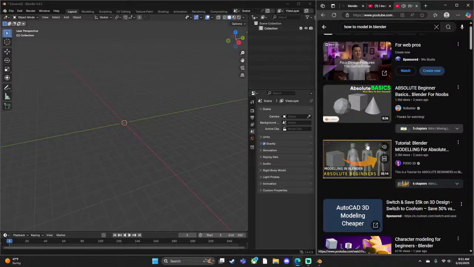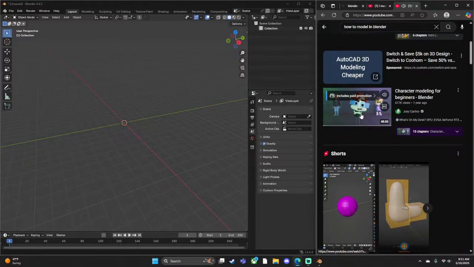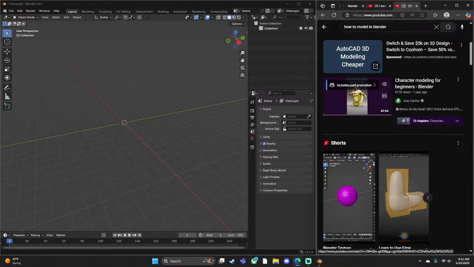Things like 3D modeling. So you want to make a character. Well, there are a few ways to go about it. I prefer box modeling. That's what I'm doing in this video, and it's basically just starting with simple